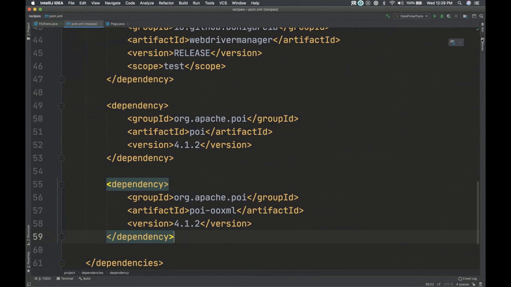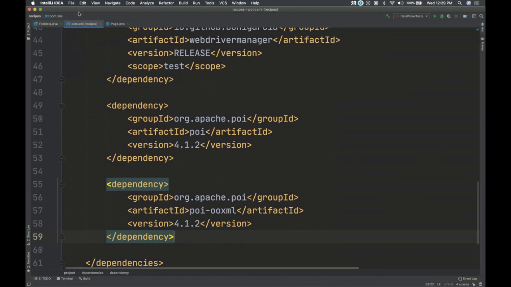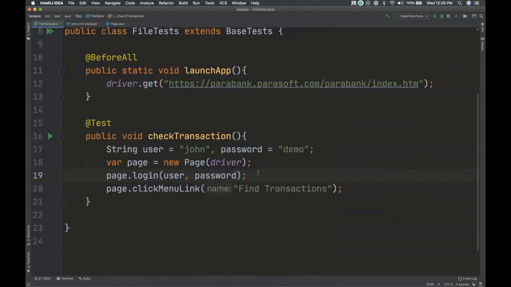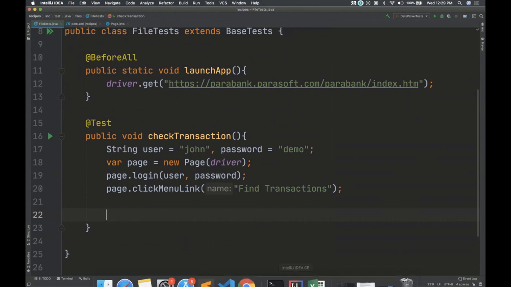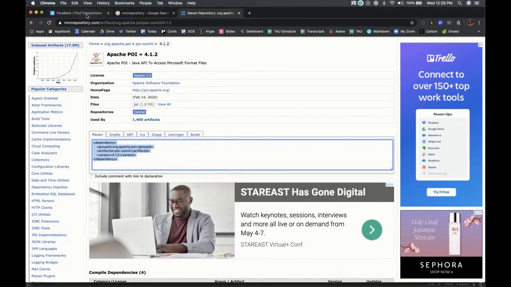All right, so let's go ahead and refresh our project and make sure that we get these dependencies. There they are, beautiful. Okay, so now we can start cooking. So I've clicked the menu link. Now I want to read, oh wait, where am I?